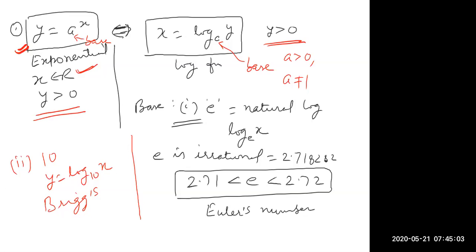Any doubt? To differentiate between them, there should be no confusion. In some books, you will find that whenever natural log is meant, log base e of x is written as ln x. So when ln x is there, the base is e. When log x to the base 10 is meant, it is written as log x if they have not specified the base very clearly.